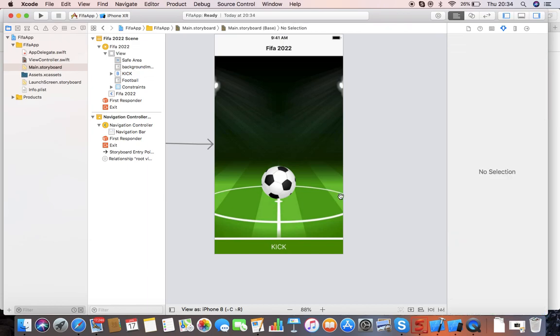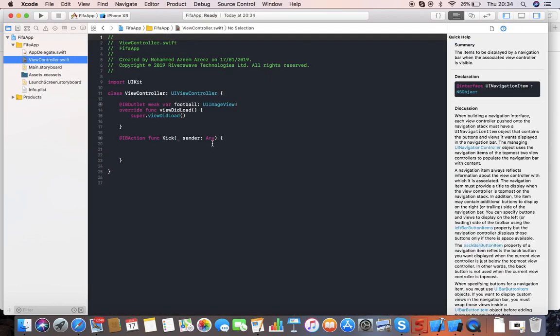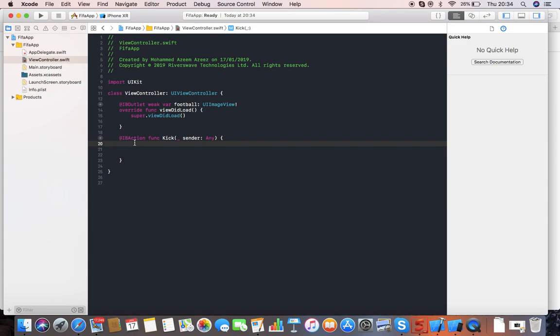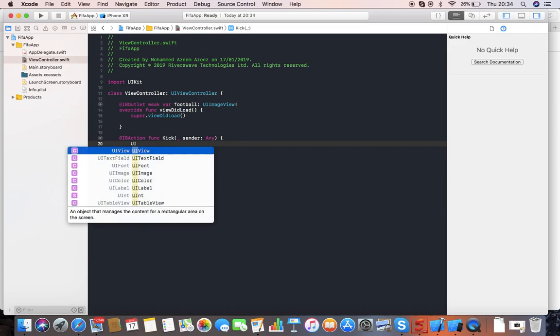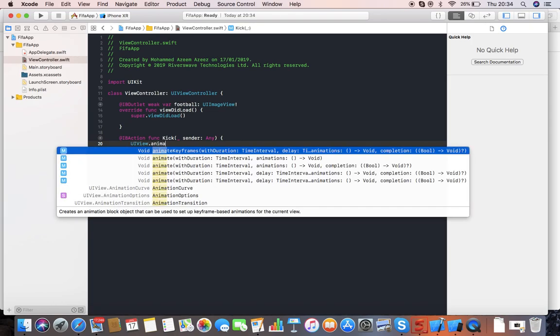Alright, and now let's go back to our ViewController.swift file. Inside this we need to add a couple of lines in order to make our first build app. So here I'm going to type it under this IBAction kick. Just follow UIView dot animate